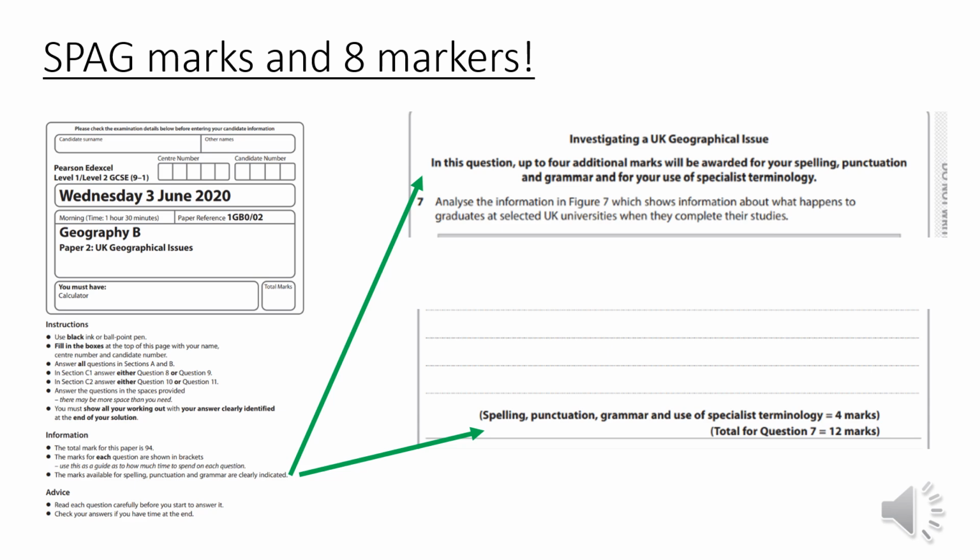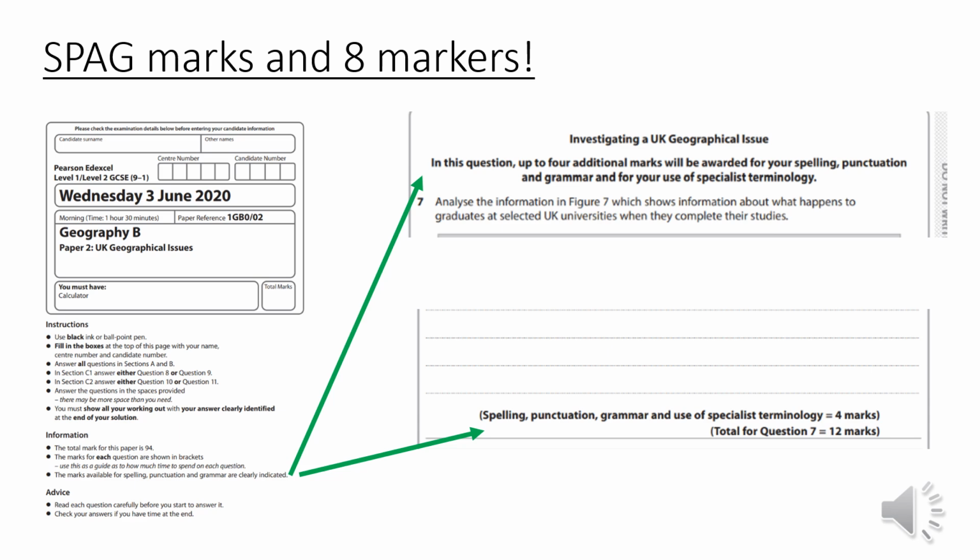Whilst we're on the topic of 8-markers, it's also important to note that on one of the 8-markers in your paper, it will have 4 marks available for SPAG, spelling, punctuation and grammar. And grammar also includes using geographical terminology. I've put on this slide how it will look on the front of your exam. You can see it says the marks available for spelling, punctuation and grammar are clearly indicated. And on one of the 8-mark questions on any section, it will say at the top, an additional 4 marks